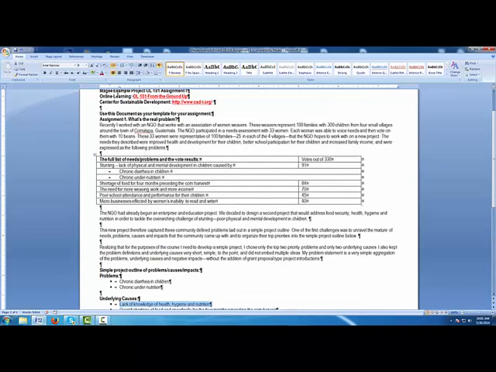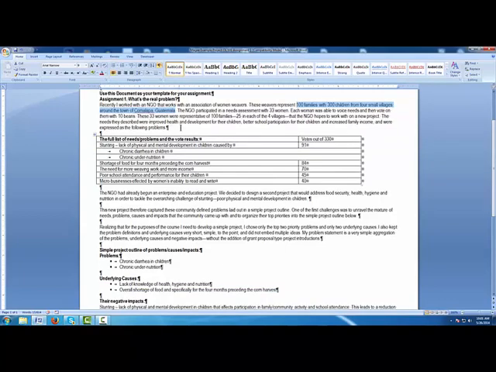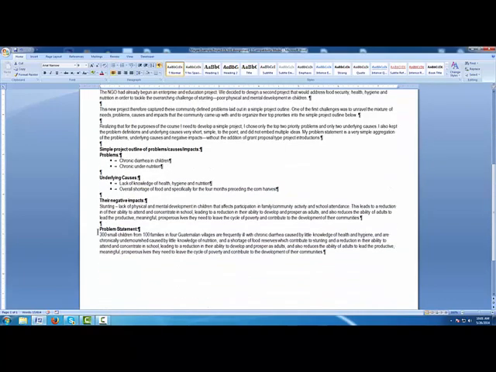The problem statement is nothing more than collapsing the problems, their underlying causes, and the negative impact statement into one paragraph. Restrict the problem statement to what's in the outline above. I typically start off by going to the very top paragraph here and copying the number of children or people or families and the name of the town into the beginning of my problem statement in the first half of